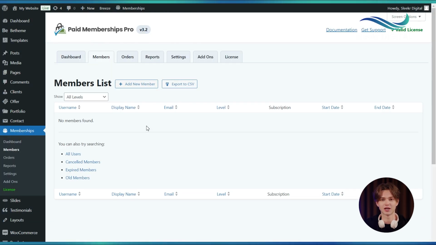And we have a Members section. The Member List page provides an overview of all members in your membership site. We can view members by various levels and sort them by username, subscription details, and membership duration. It also offers filters like canceled, expired, or old members, and the option to export the list to a CSV